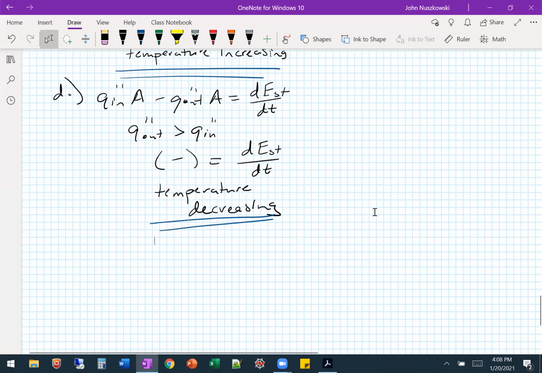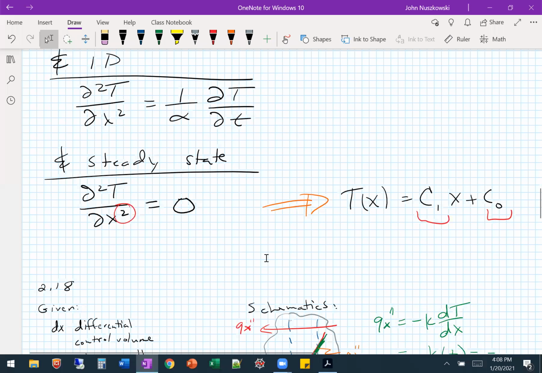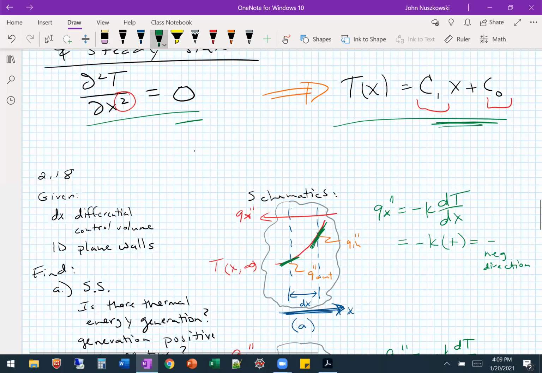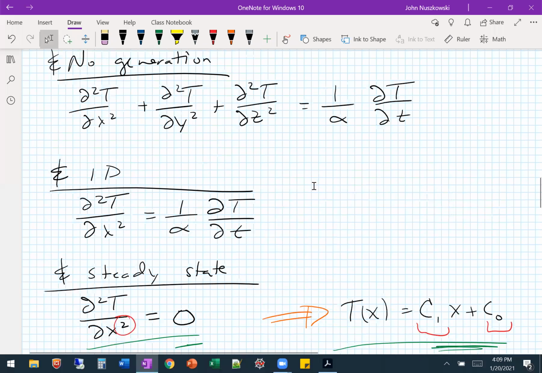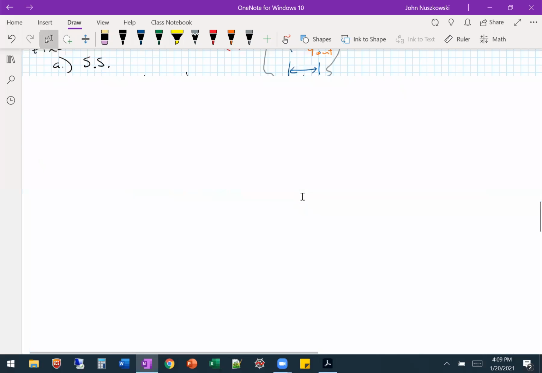So the other thing we saw, I'll bring it back, is with the heat equation when it was steady state, it looks like this. And if you integrate twice, you get this line. So if it's steady state and you get a line, that means you don't have any energy generation terms. So we had a curve here, steady state, energy generation. So if we have the version with energy generation, here's our equation that we derived last class, and we do 1D steady state, we're going to get